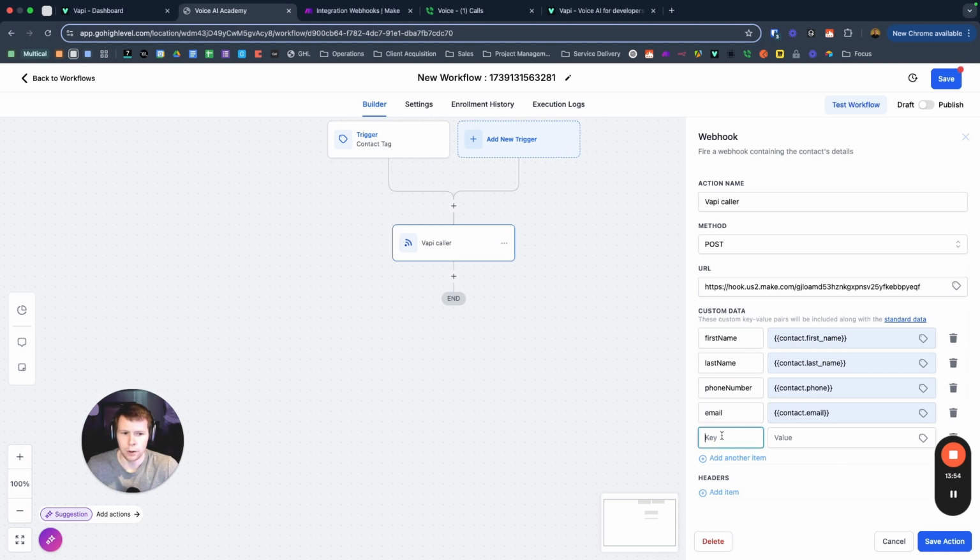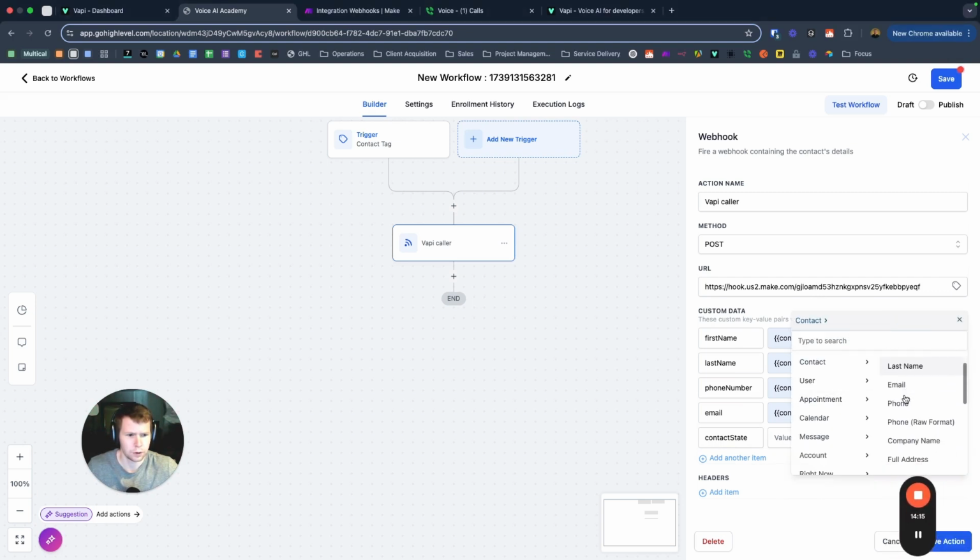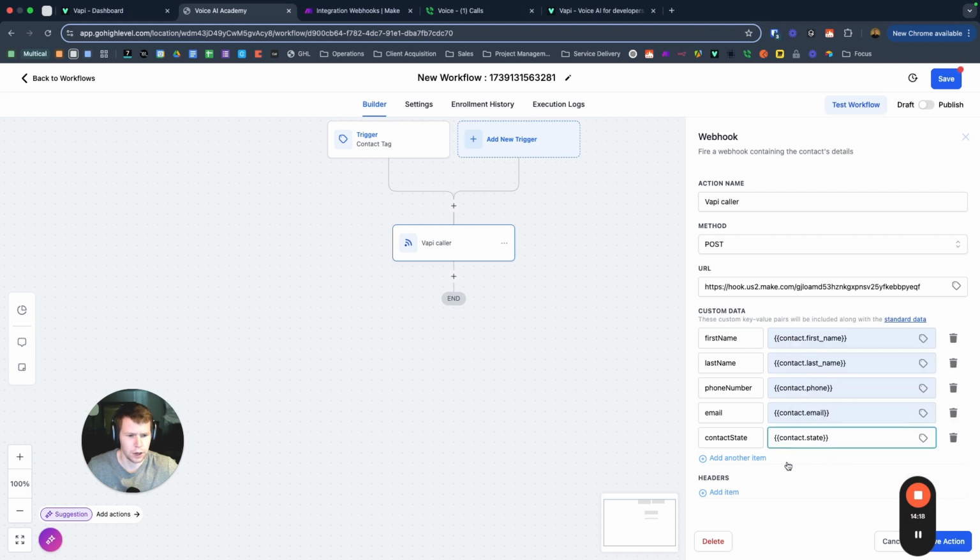What did we have? We had state. We'll do contact state. So let's see if we can. Here we go, state. All right. And now we want to input the three dynamic variables that we had before, that we created, okay? So those are going to be